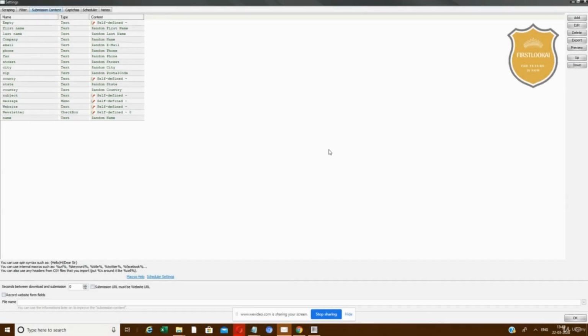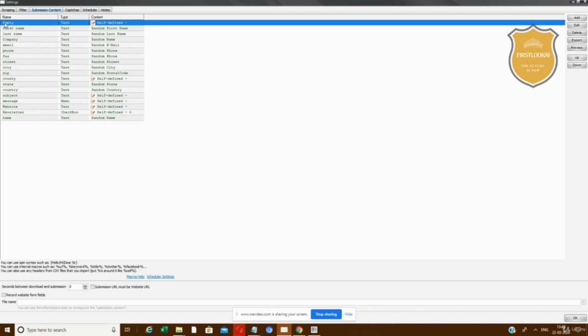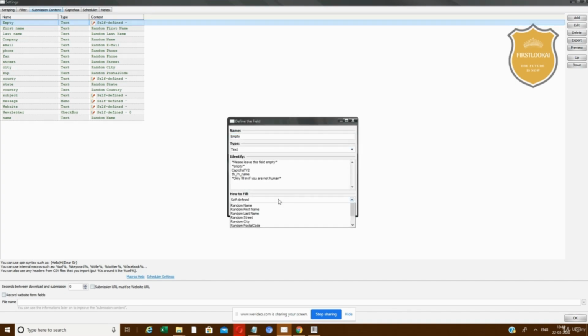Okay, guys. So, looking at what kind of messages, right, Saranya, that we are going to send across in the submission content column. So now the first thing that you see here is called empty column. Text is empty. So you can fill your own name or you can give a random name.